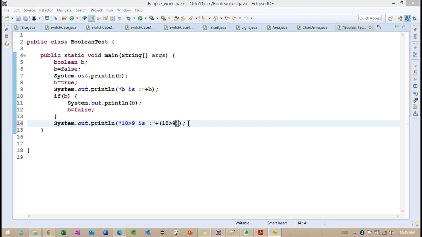Good question. So here, one point I want to clear. Whenever we write a number, by default it is taken as an integer data type. We don't need to define any data type. By default, the compiler is going to treat it as an int.